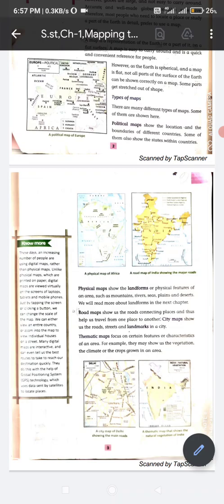Why do we use symbols? We use a symbol as a picture or a sign to indicate something represented in the world. If we want to show a single thing, we use different types of symbols or different pictures. We also use different colors to indicate different types of things in the world.